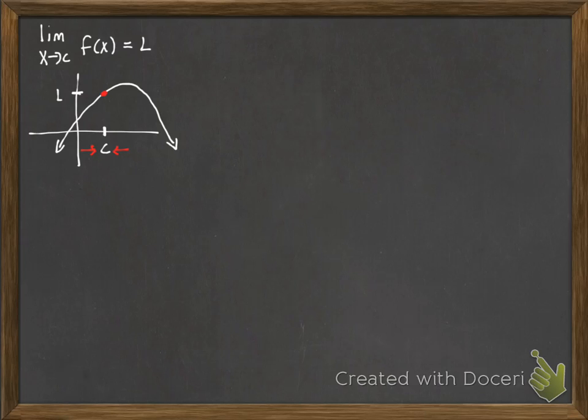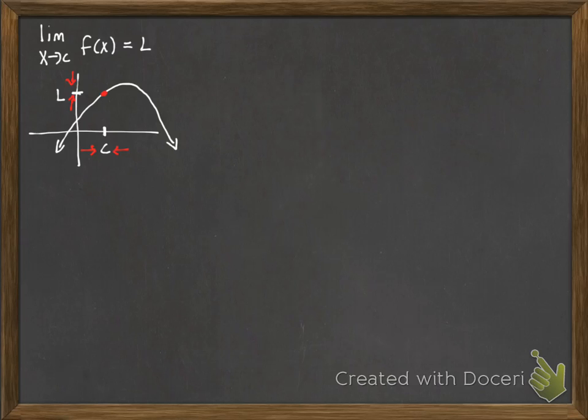So here's our value L. And so we're looking at what we approach on the y-axis. What value, if any, does it zero in on? And you can kind of see from the picture here that, yeah, it does zero in on the value L. And so when we say the limit as x approaches c of f of x is equal to L, what this means,